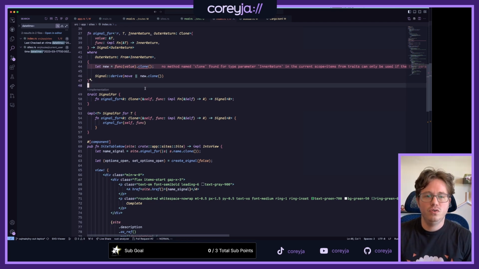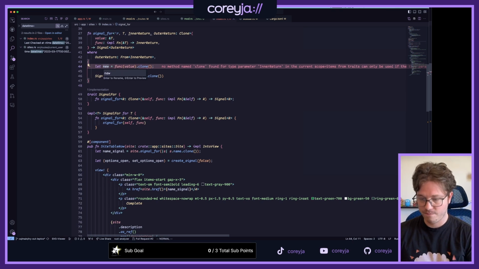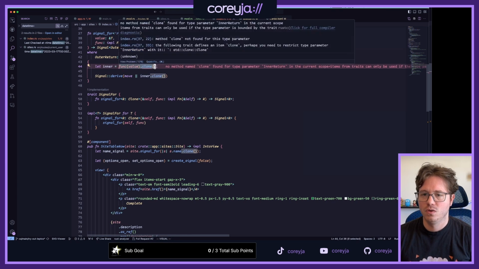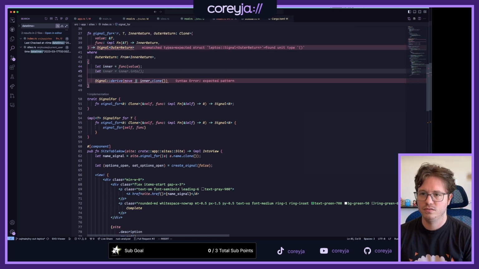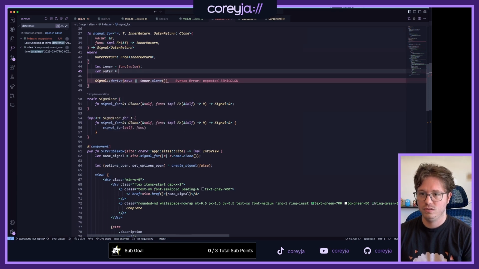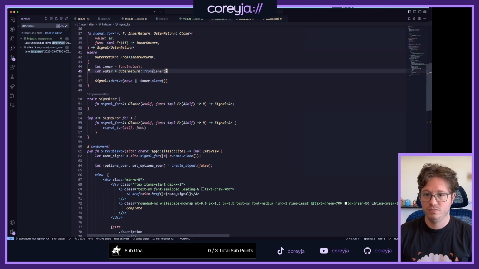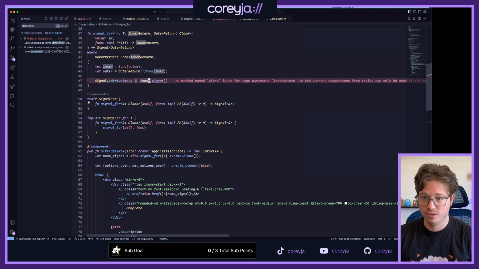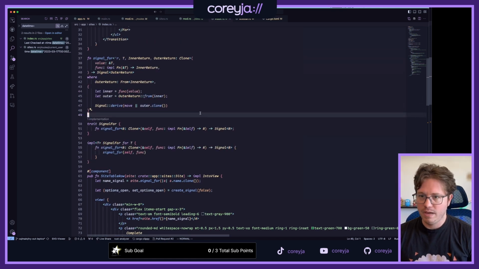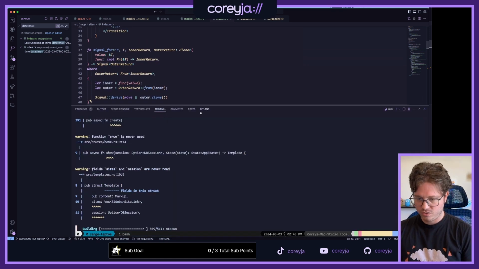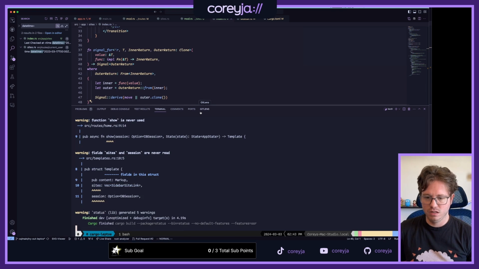No method clone found for inner return. Yeah, that's fair. Let outer equals outer return dot from inner, and then this is outer dot clone. No, nothing mad about that. That's just some valid Rust code. Love it.